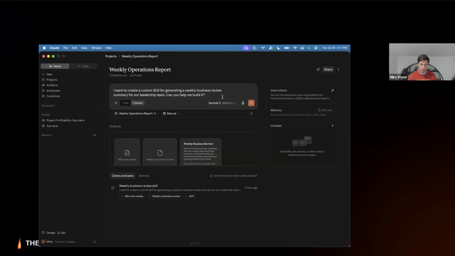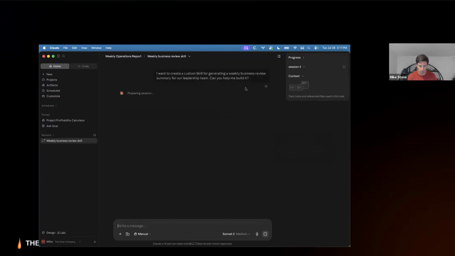So this is going to invoke that skill by asking it to create a custom skill for generating the business review summary for our leadership team. And we are working within our weekly operations report project.